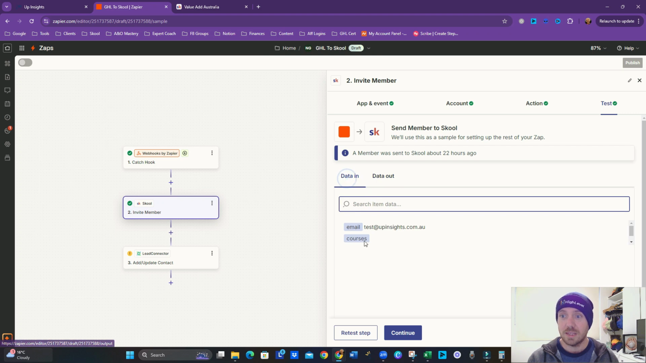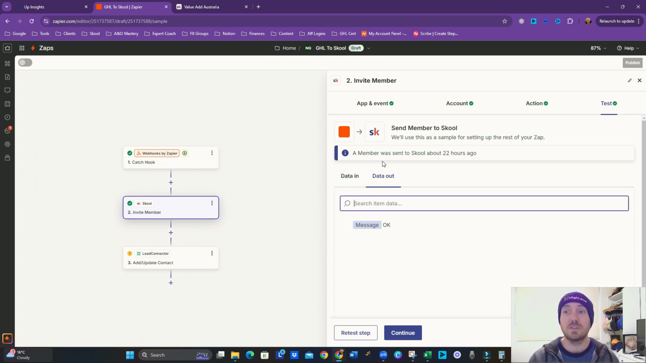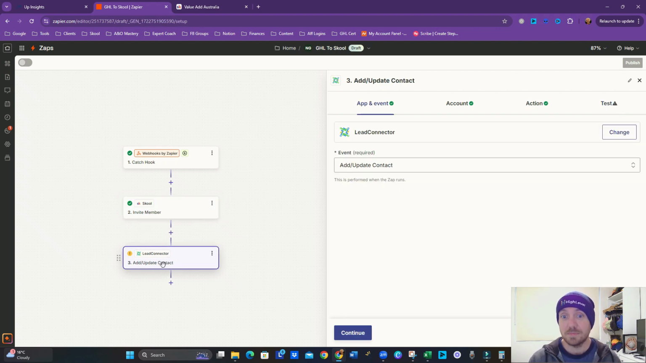So data in, email, data out, okay. So this will send them an email saying, hey, you've been invited to Skool. Send an email to their email address. Now I've added an extra step here. That does do it. That person's now invited to Skool, and if they click yes when they get the email